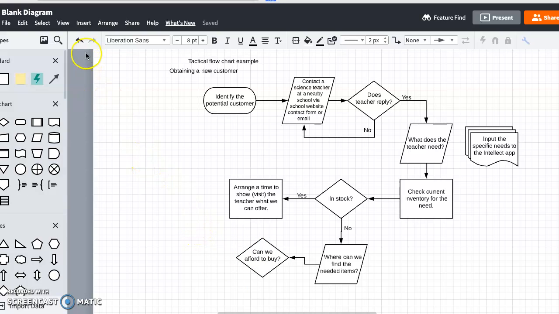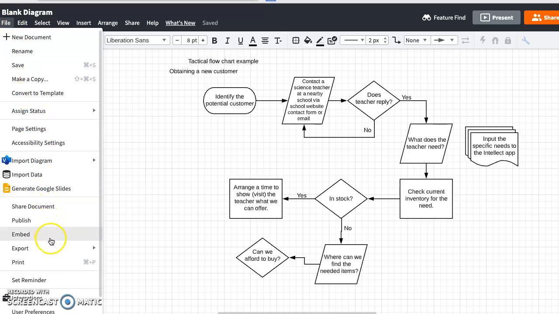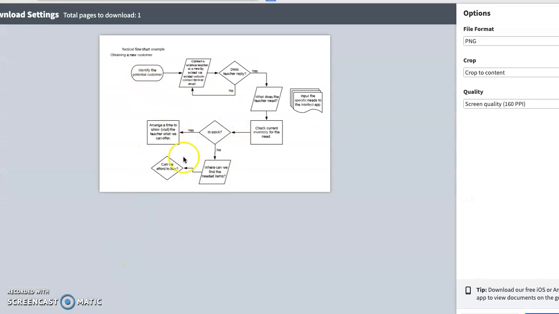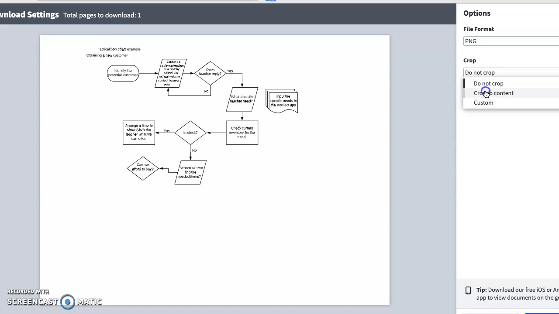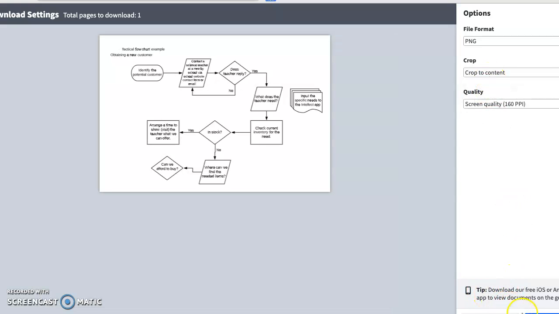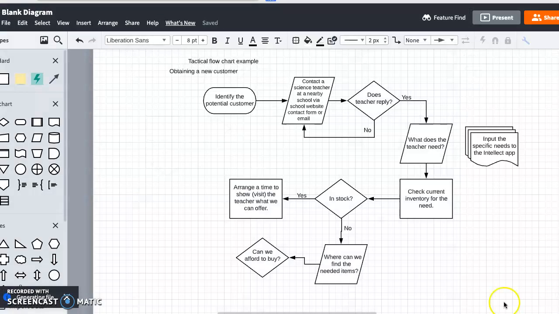Now, once you are finished, let me show you how you can turn your work in. You can turn this in by posting it as an image or by posting it as a document. If you go to the File menu here, you can export this as a PNG. Export as PNG. You can have it trimmed down to size or not. I recommend trimmed down to size, crop to content. And then there's a button that is off the screen here called download. You can download that, and then when you download that,